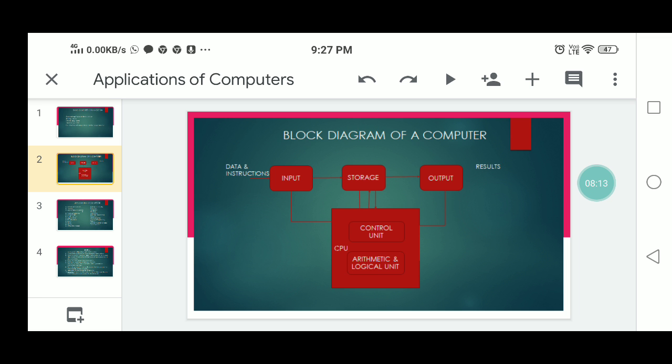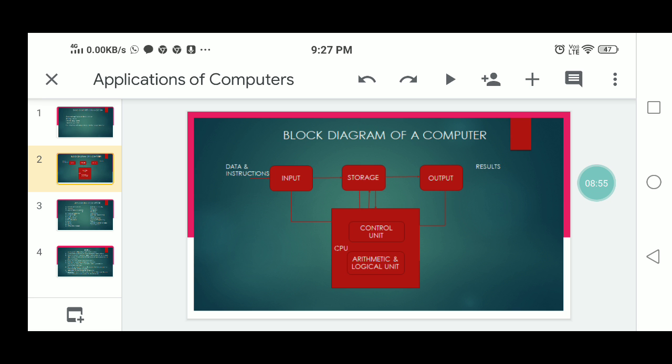The processing completes, the final result is then transferred to the main memory. The data may have moved from main memory to the arithmetic and logical unit multiple times before the processing is over. So this is the processing. Finally, it will process all the calculations, nothing but calculations and comparisons. Intermediate results of this processing may be stored in the main memory of the computer system.